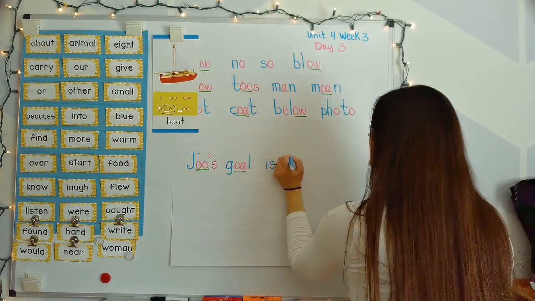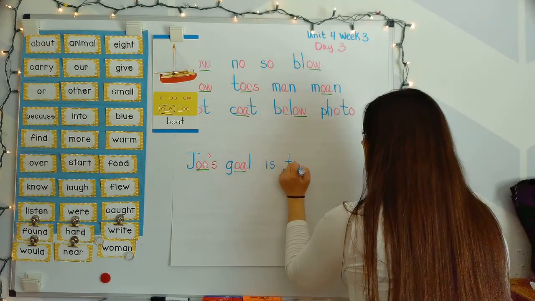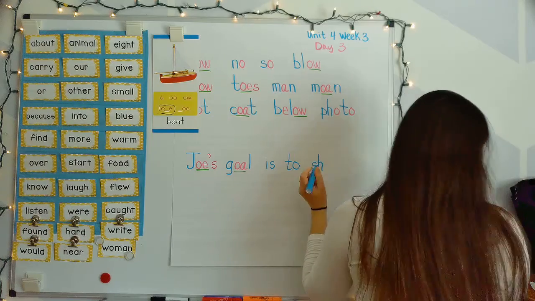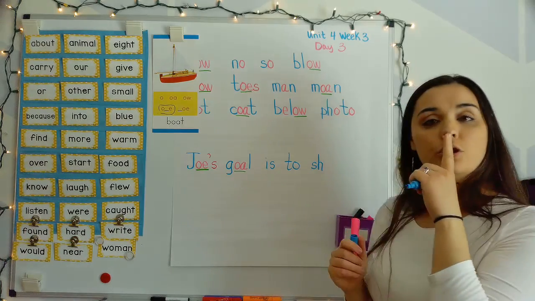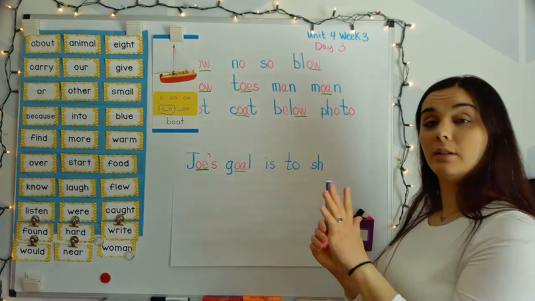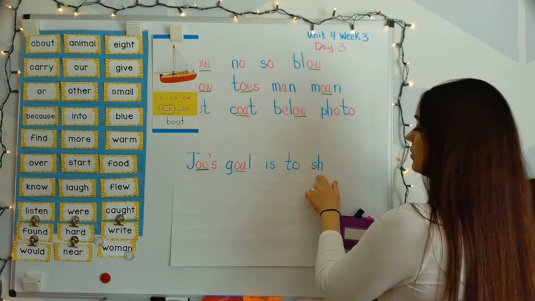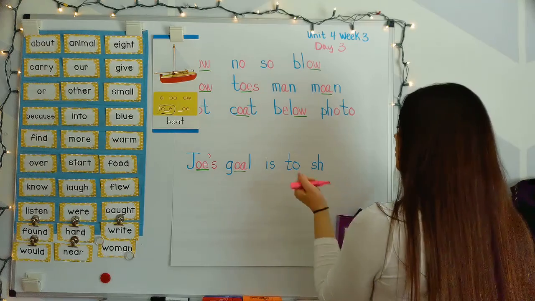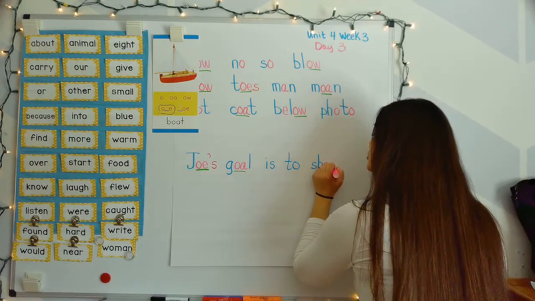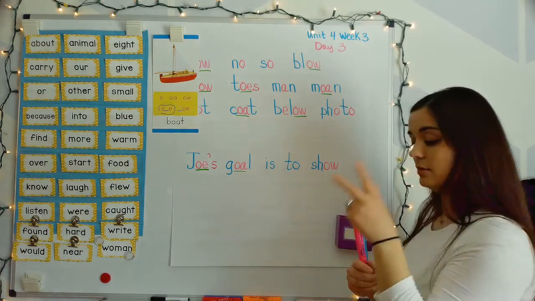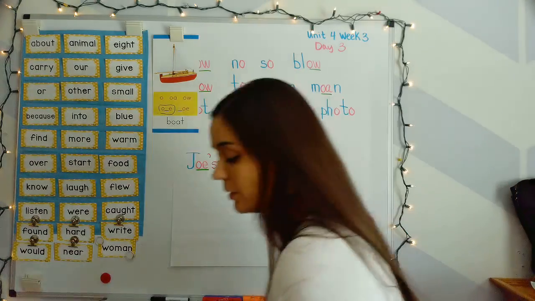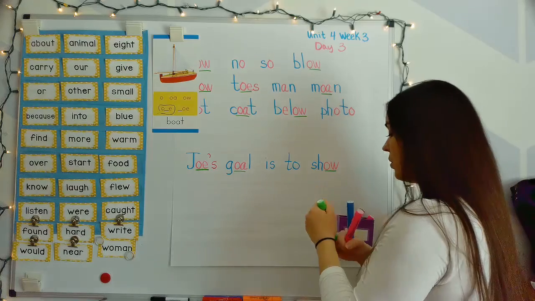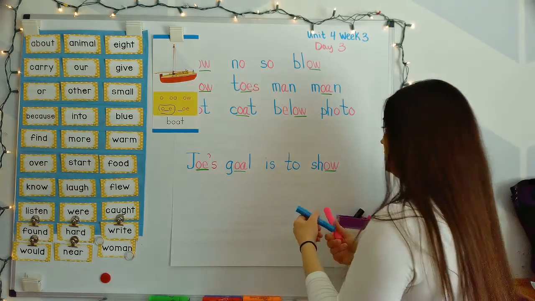high frequency word, is, to. SH, shh. Again, digraph. It won't ever say that SH together. Shh. Joe's goal is to shh. And OW, vowel team, working together to say long O. Joe's goal is to show